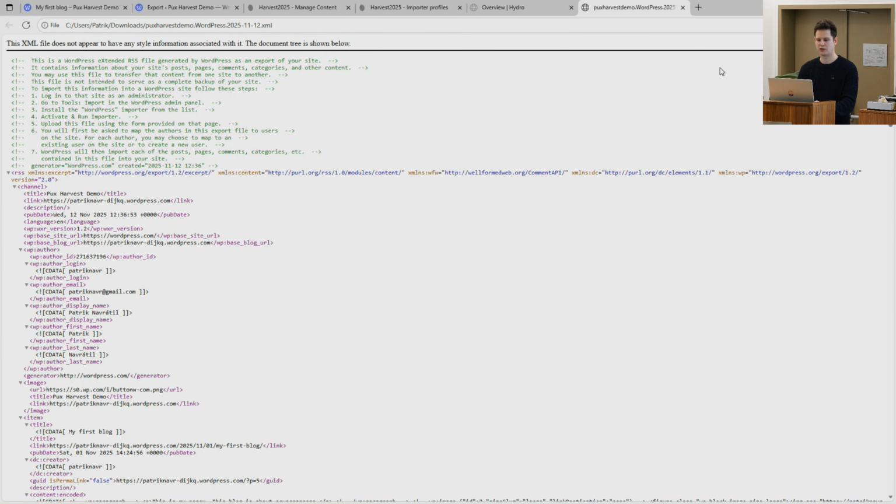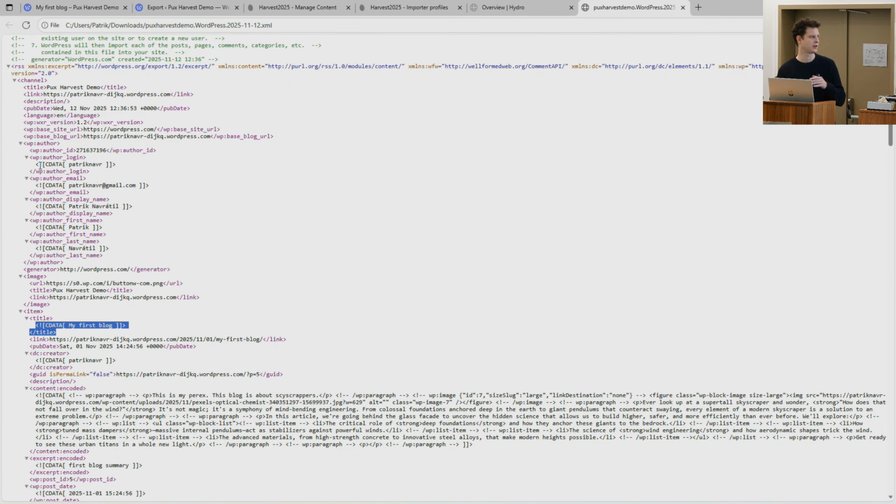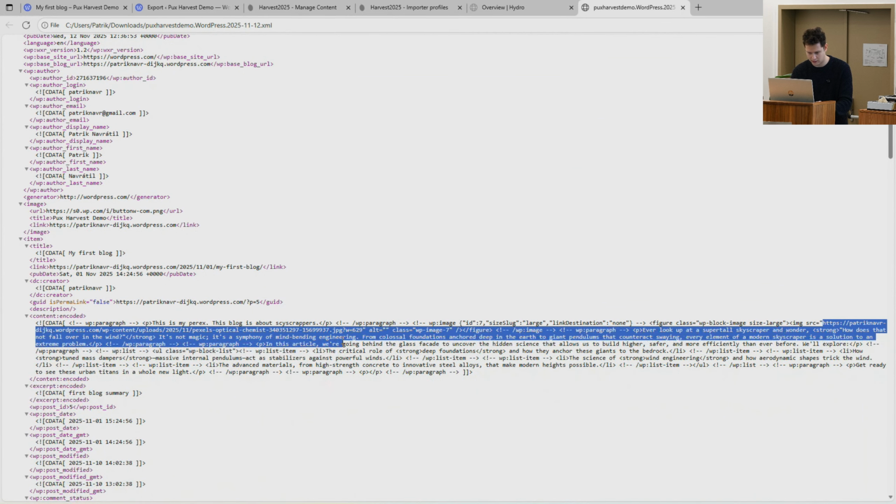What I get is actually an XML file which contains not only the items, the blocks themselves, but also information about the author. You can actually export all other content types, basically from WordPress. For demo purposes, I chose to show it only on the blog post, but the mapping and everything is up to you. Okay, so we have the file, and as you can see, the images are outputted in the